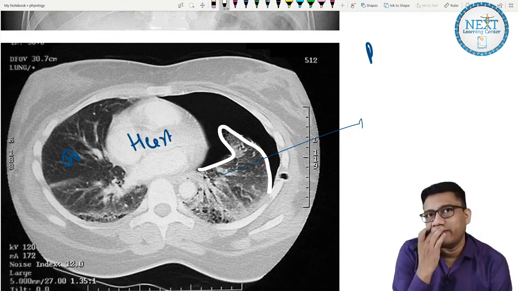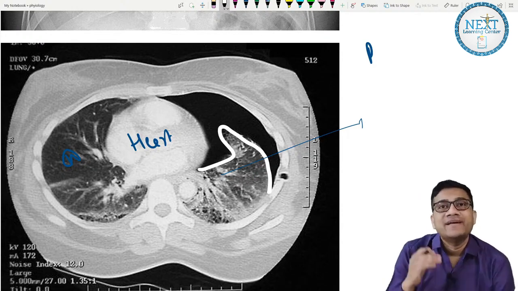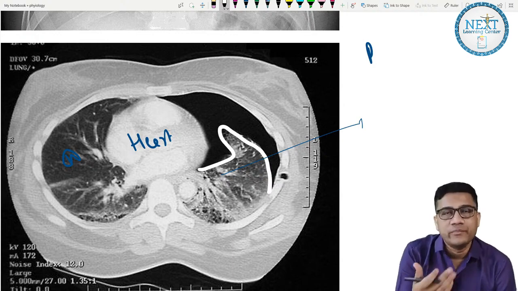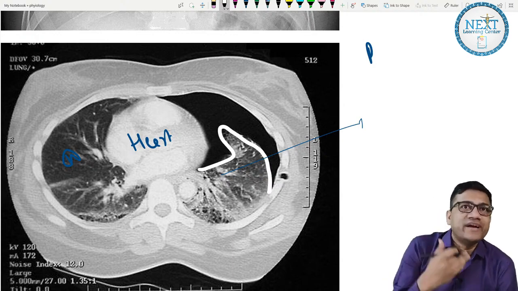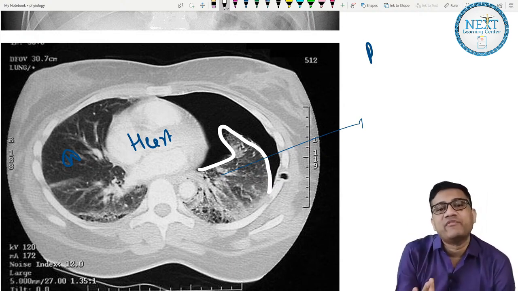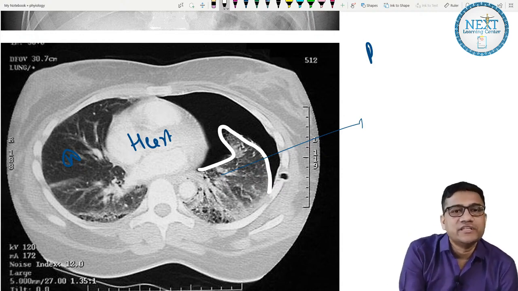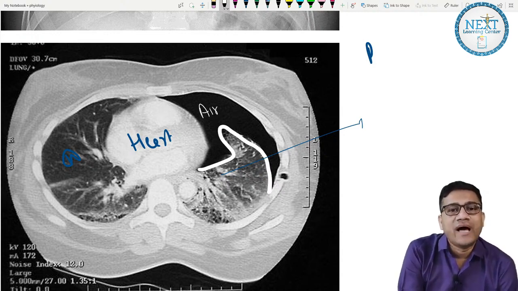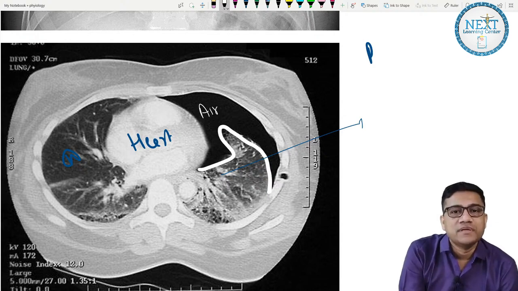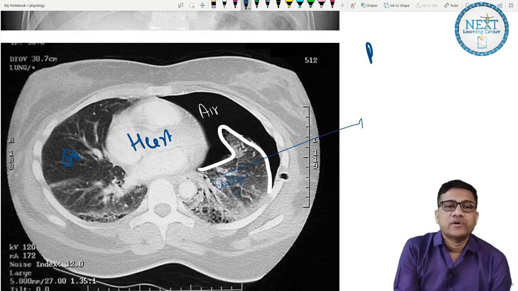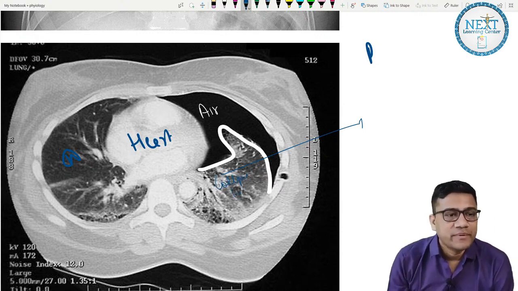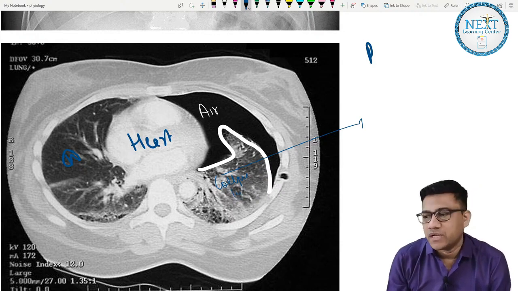In fact, X-ray and CT are the same. Why? CT, computerized tomography, is where we take X-rays in sections and combine them with the help of a computer to create a 3D version, but technically it remains X-ray. So what is this white thing? This is again air. This is the collapsed lung. Okay, blue. This is the picture showing the collapsed lung, that is pneumothorax.